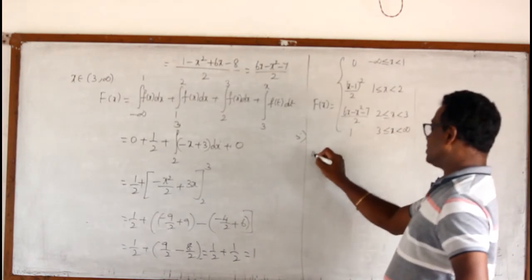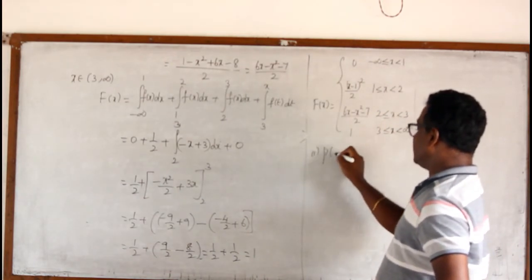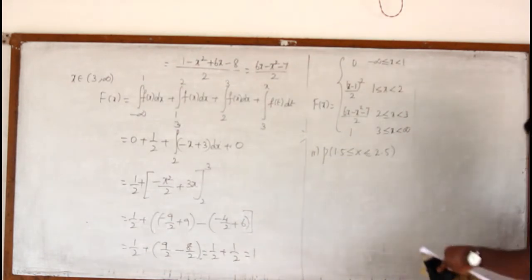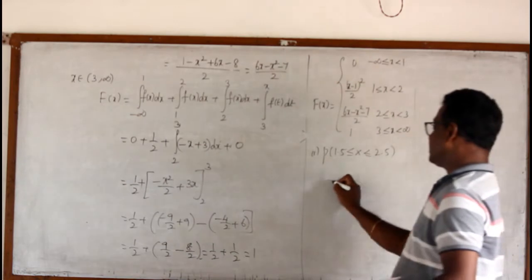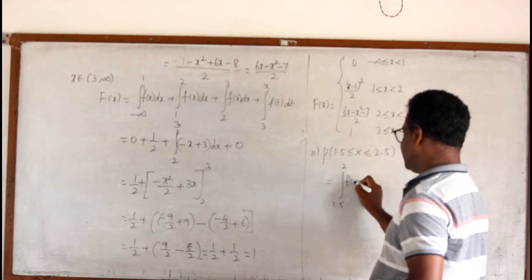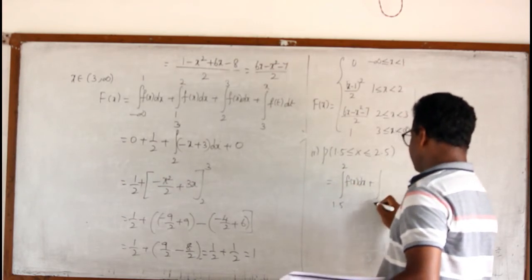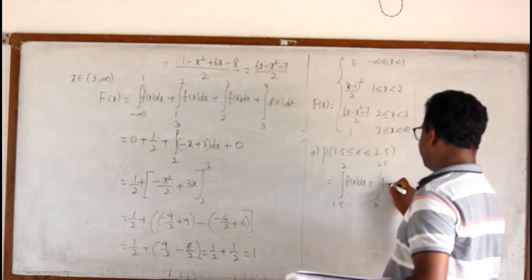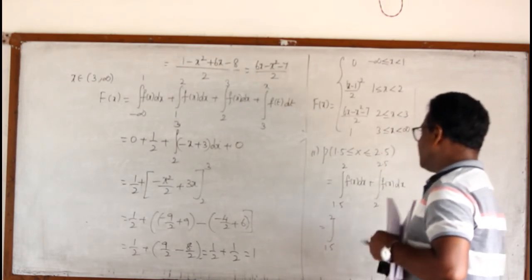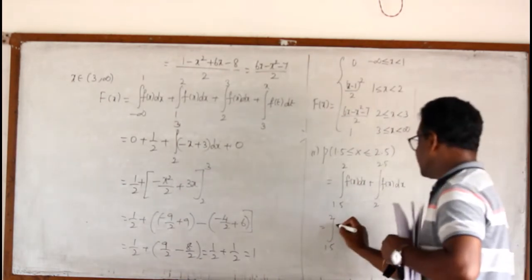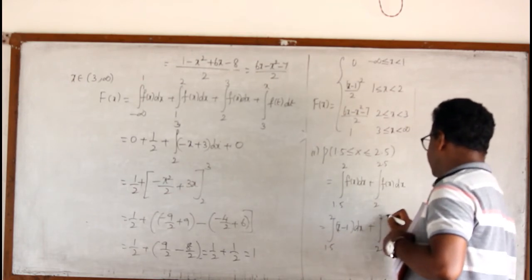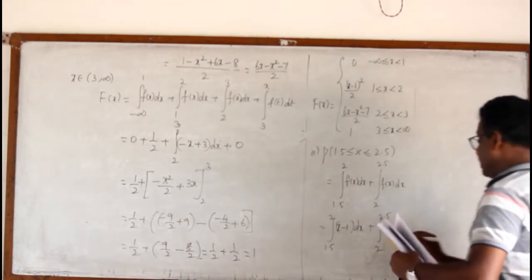Now, second question. P of 1.5 less than or equal to x less than or equal to 2.5. Isn't it? So the function exists from 1 to 2 one value. So 1.5 to 2 f of x dx, then from 2 to 2.5 f of x dx. It is 1.5 to 2 f of x value is x minus 1 into dx, and then from 2 to 2.5 f of x value is minus x plus 3